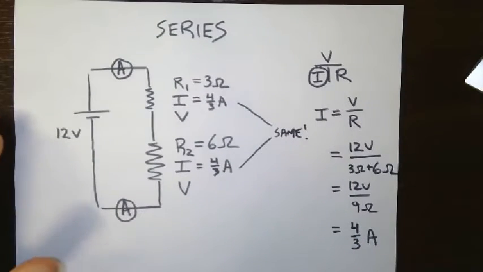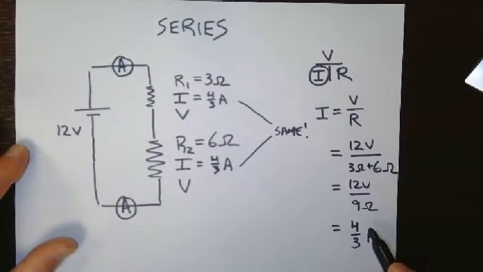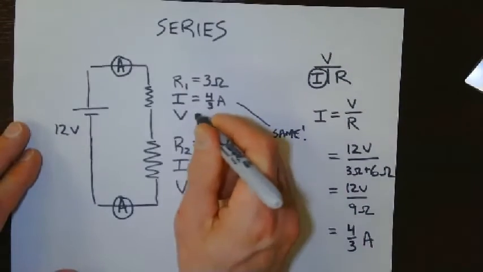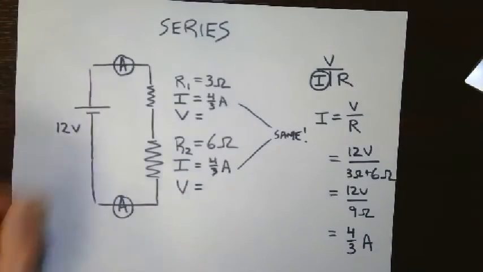And they always will be in a series circuit. So if you have to find current, you have to look at the total resistance, and then you have to use Ohm's law to find it. Okay. Now, the last thing we have to do here is to find out how many volts are getting used